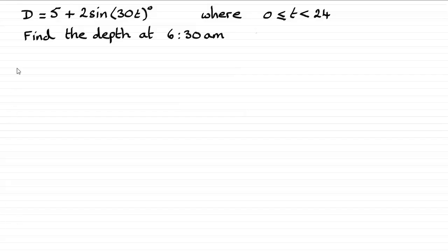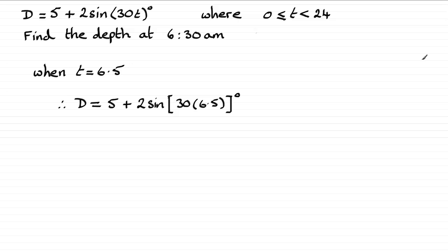Now for this question then, we're given the depth of the water d in metres in the harbour at time t hours after midnight. And we've got to find the depth then at 6:30 a.m. And this is fairly straightforward, because all you've got to do is substitute t equals 6.5 into our formula here. Okay, so if you do that, when t equals 6.5, substitute it in, you're going to get